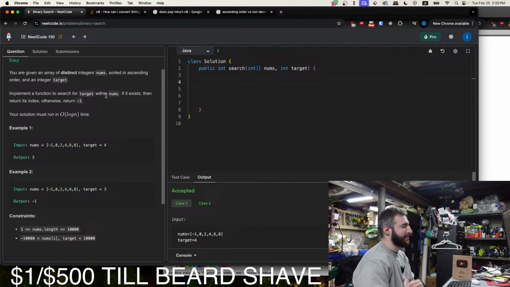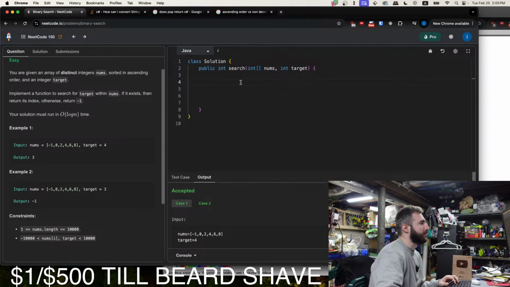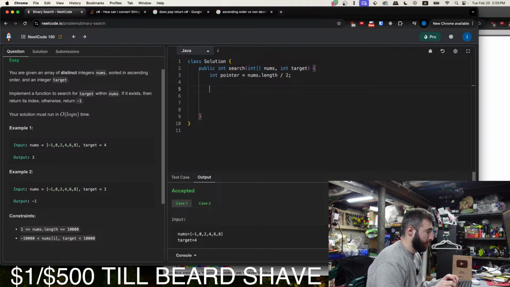All right, let's get this while loop started. So we'll have our pointer, and we start in the middle. Okay. And so all right, so let's get the element.